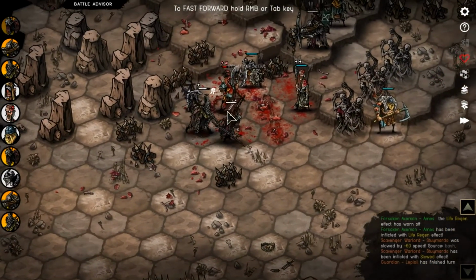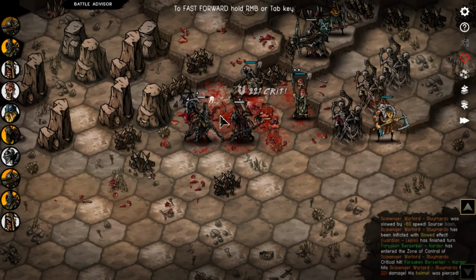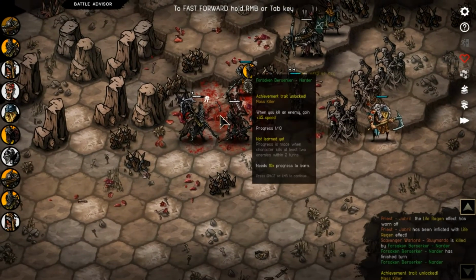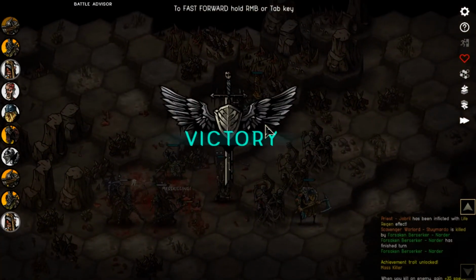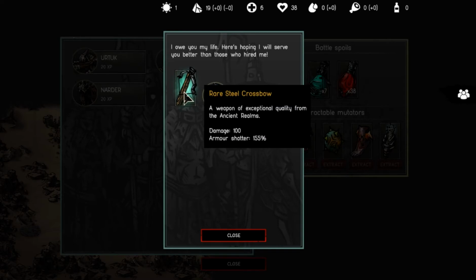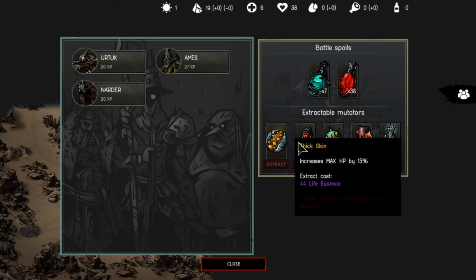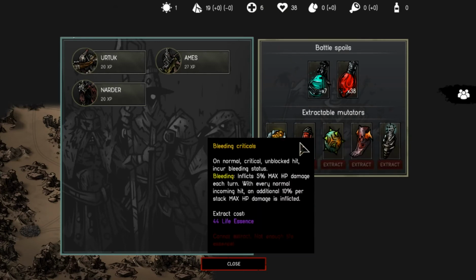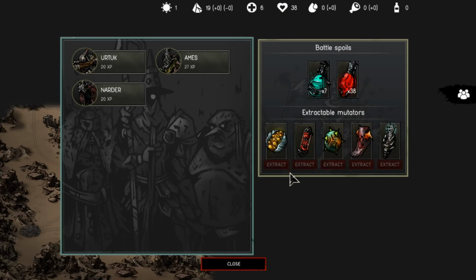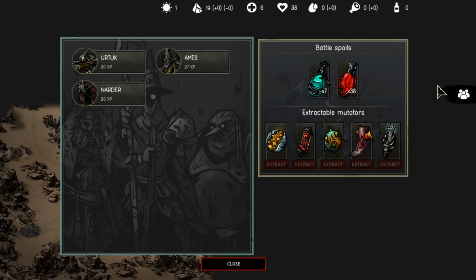And of course, we just move up here. Very nice. Get the berserker, get a crossbow. Not great for us, I'm not going to lie. Not a lot of life essence. Would like to have picked that up if I could, but it's not an easy way to do it. We could